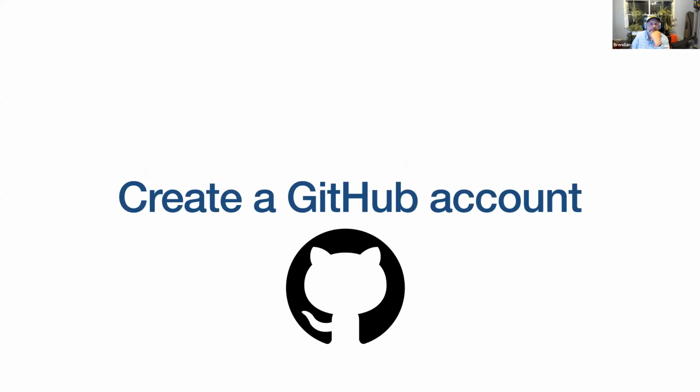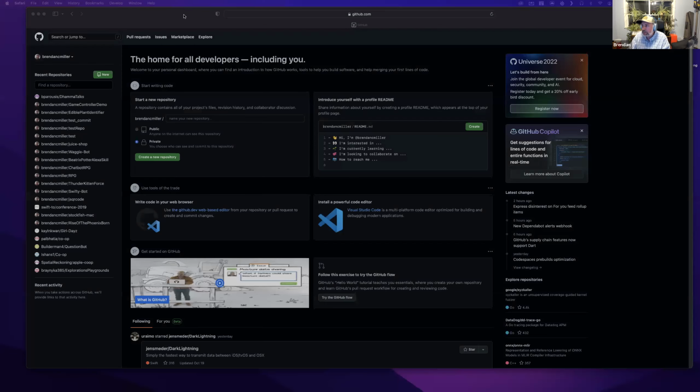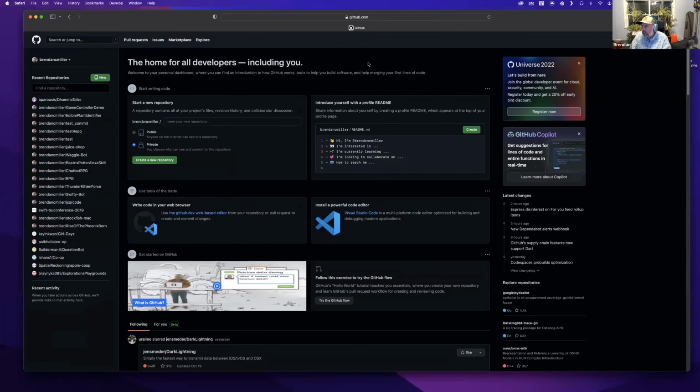So first up, you're going to have to create a GitHub account, but I've already got one, so I'm not going to walk you through that. But this is me logged into my GitHub account. As you can see here, there's a bunch of information in the center panel. On the left side, you can see a bunch of projects I've worked on over the years with different people, some students, SwiftTOs in there, that kind of thing.